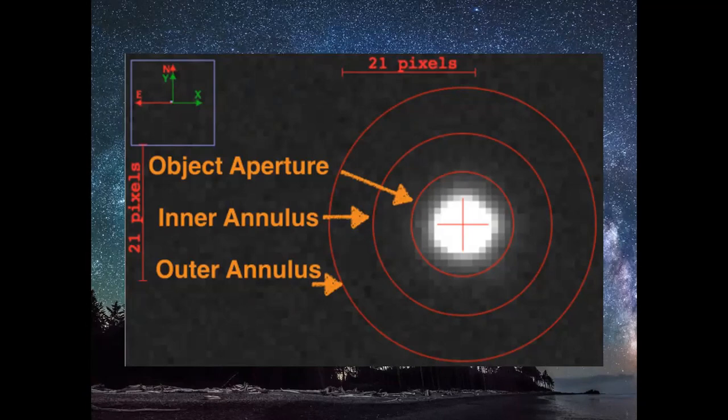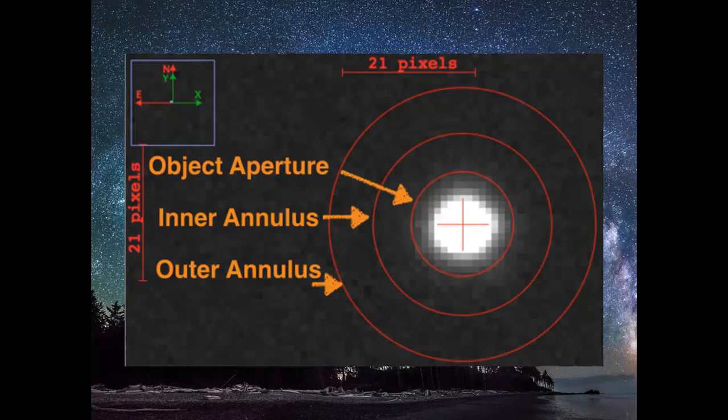Ideally, let me take a hypothetical case. When the inner radius is 5, you will take the inner annulus to be somewhere around 12 counts and the outer annulus to be somewhere around 15 counts. They're just 2 to 3 times more than the inner radius. You can take this annulus in that fashion.